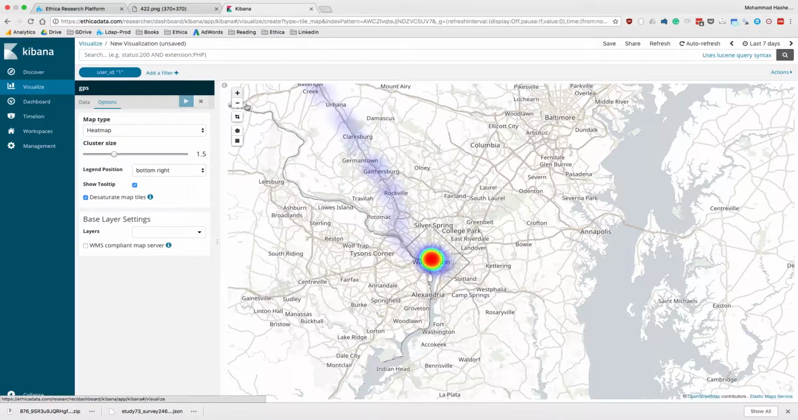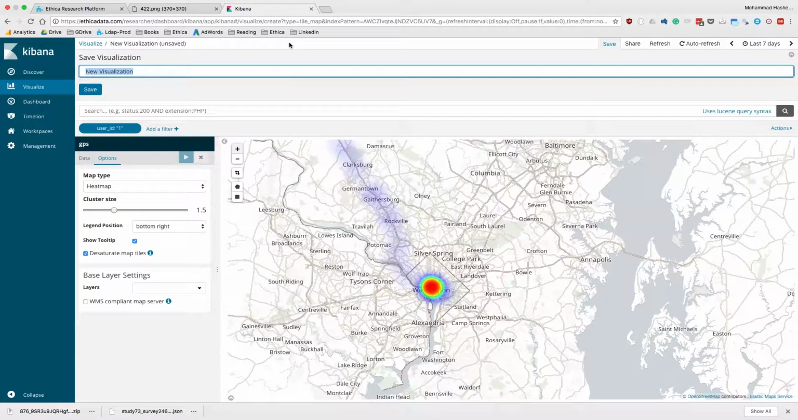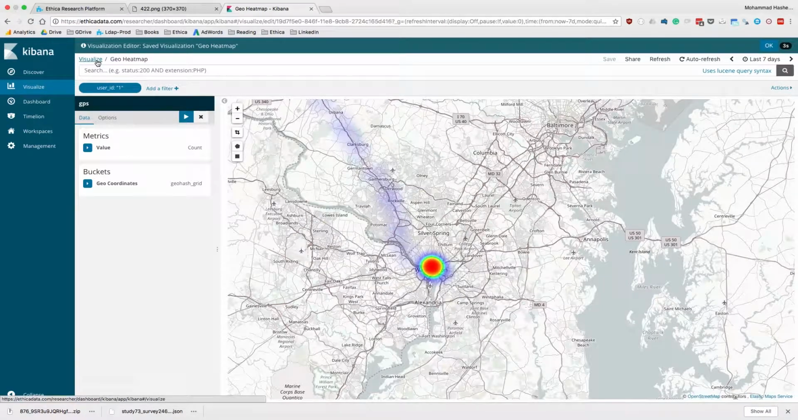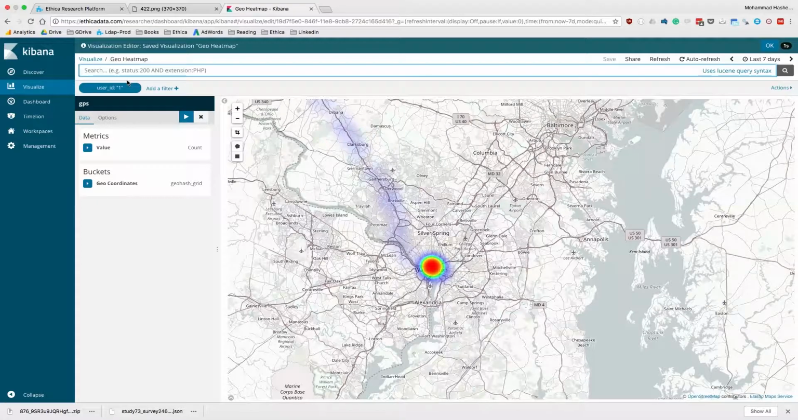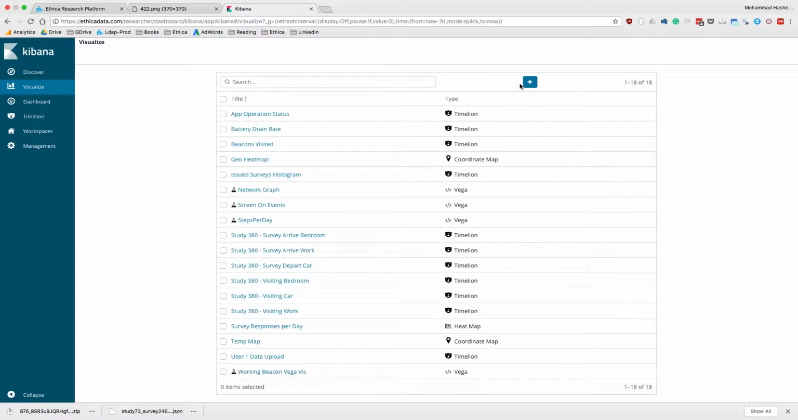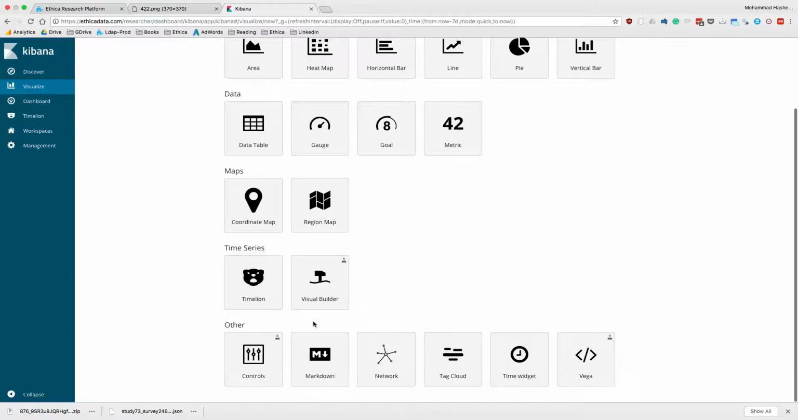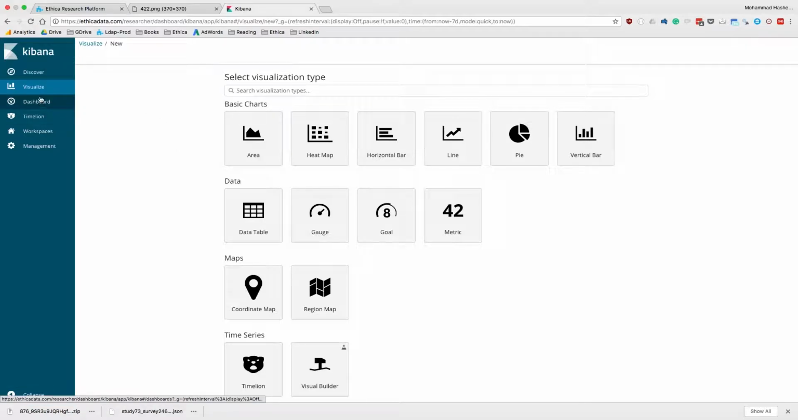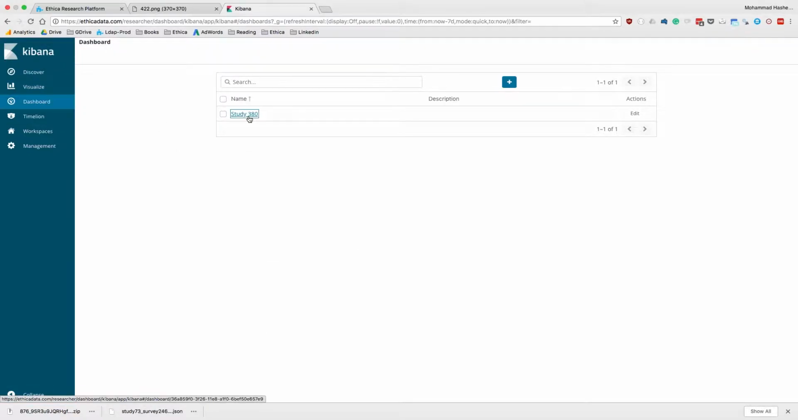So I can save any of these visualizations I'm creating here. I can save this, for example, as geo heat map. So this is one of my visualizations that I saved. You can create more visualizations here. If you go to visualize, you can put together a few more based on whichever of these types that you want to select. And you can put together to create a